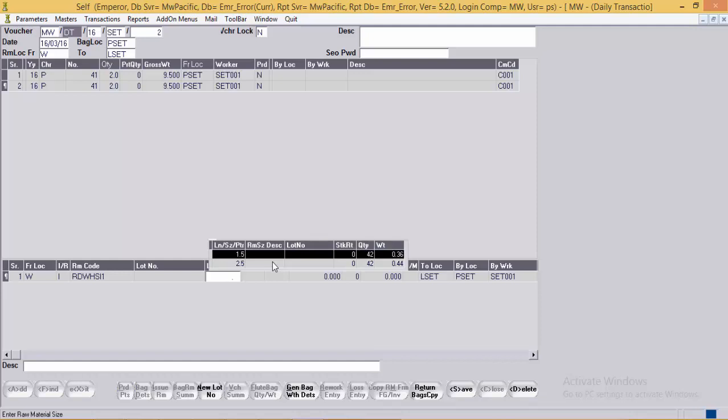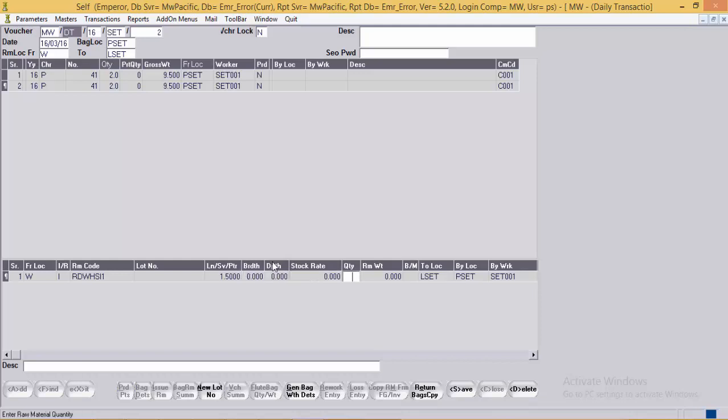For example, the size of diamond is 1.5, which has been broken. User can also mention the stock rate for it, the quantity. Suppose one diamond weighing 0.005 has been broken.